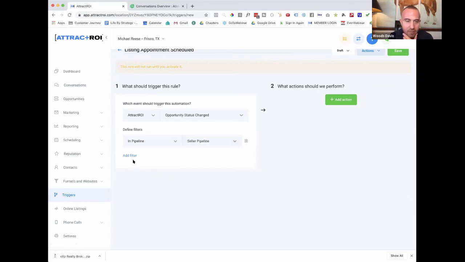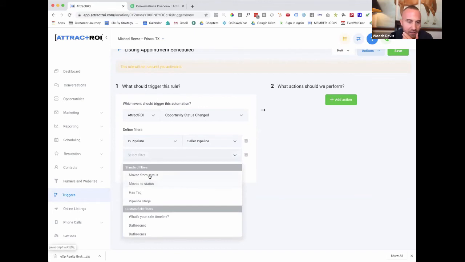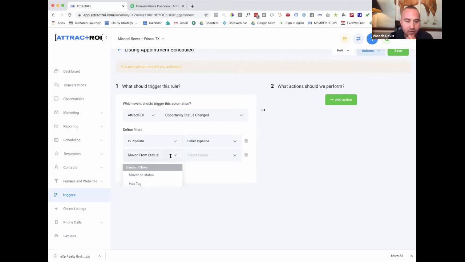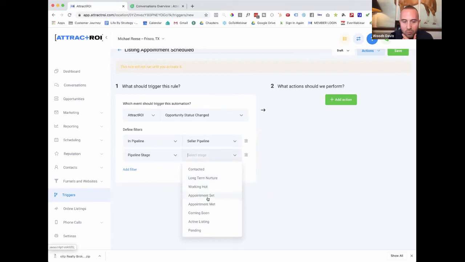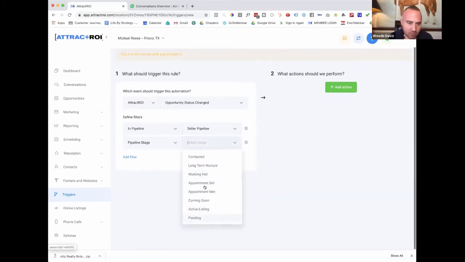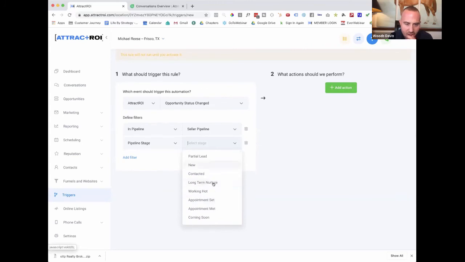Or my seller pipeline, right? And they moved to, not move status, pipeline stage. So every time we schedule an appointment, where is it? Oh, appointment set, right? So every time we set an appointment,